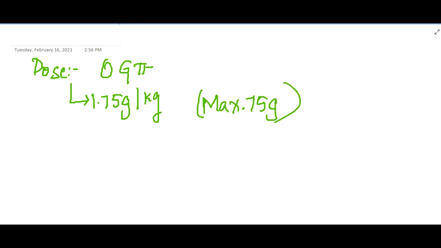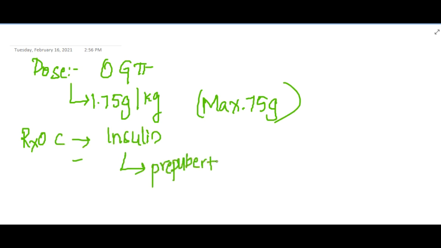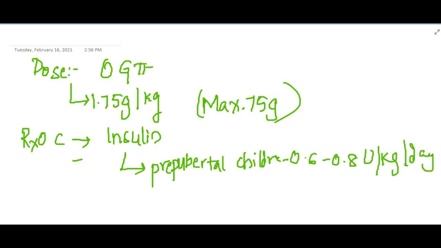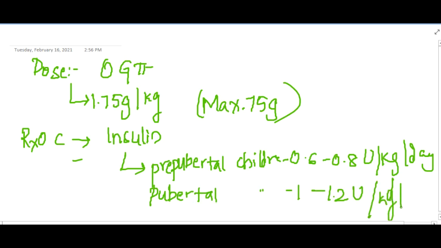Now, if you see the treatment of choice for type 1 diabetes mellitus, we can give insulin. The dose of insulin in prepubertal children is 0.6 to 0.8 units per kg per day, and in pubertal children you can give insulin in the dosage of 1 to 1.2 units per kg per